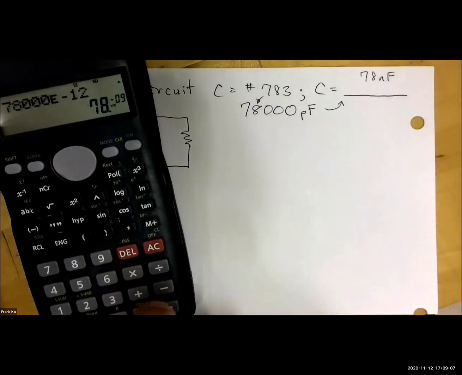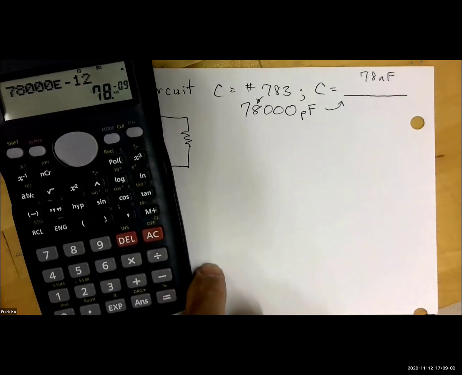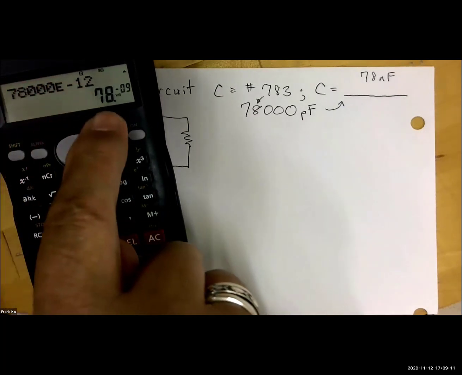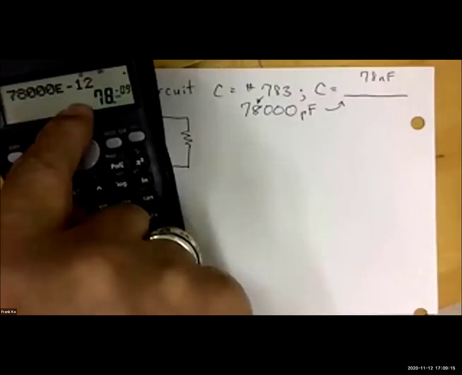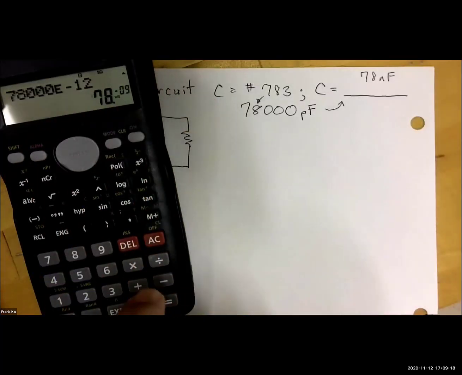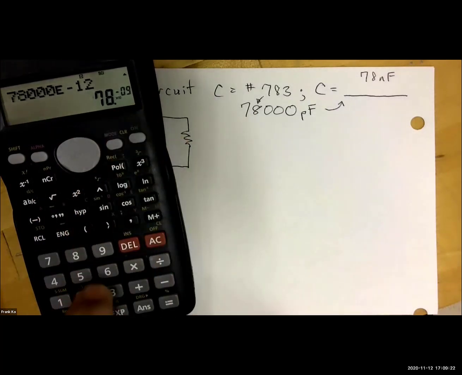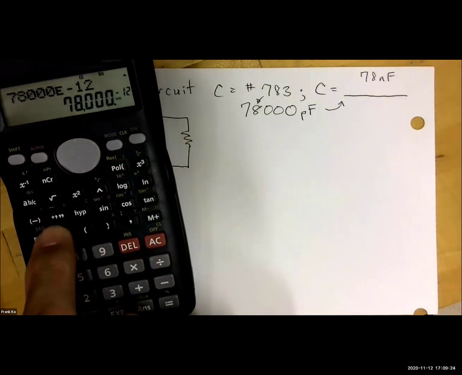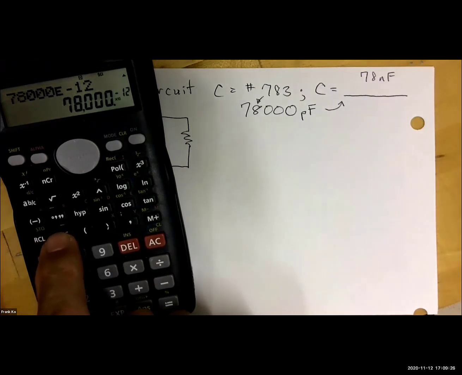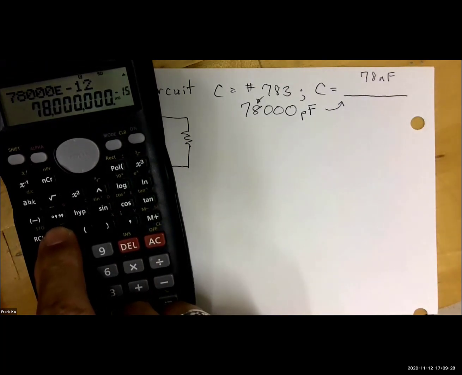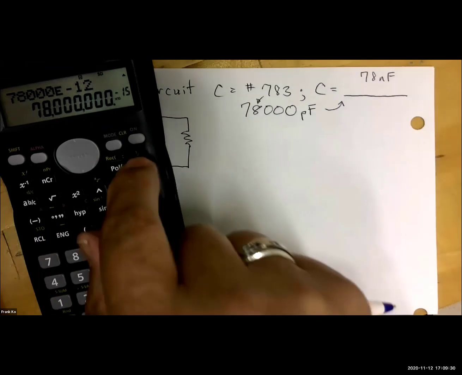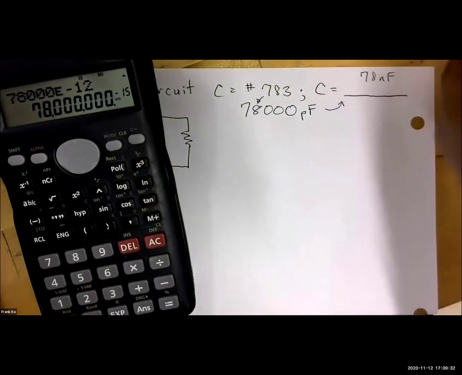Change this to 0.078 microfarads. On your calculator, since we keyed in 78,000 pico and hit equals, your calculator displayed 78 nano. If I hit the engineering key one time, let's see, will it go in the other direction? No, it does not go in the other direction, unfortunately. So it does work out to be